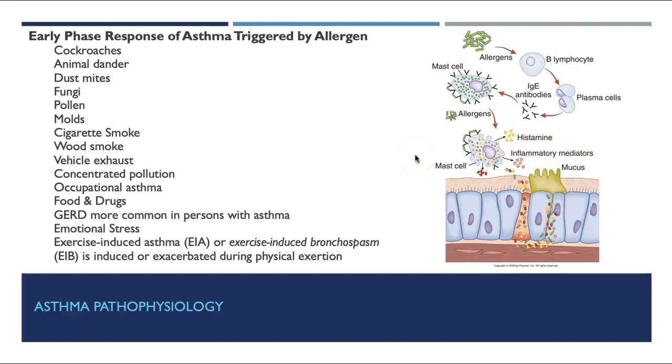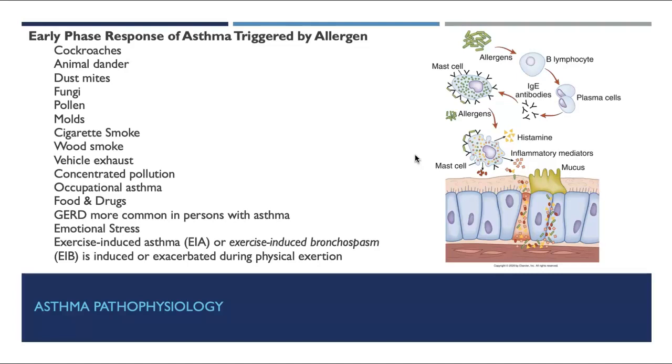There are many things that can cause an asthma trigger, and that's one of the big things when you're dealing with somebody with asthma, is to help them identify their triggers. So it can be anything from cockroaches, animal dander, dust mites, fungi, pollen, molds. Cigarette smoke is a big one. Wood smoke, vehicle exhaust, concentrated pollution, so you think about like LA and areas that have really high pollution, occupational asthma,